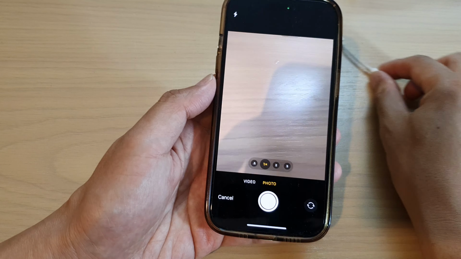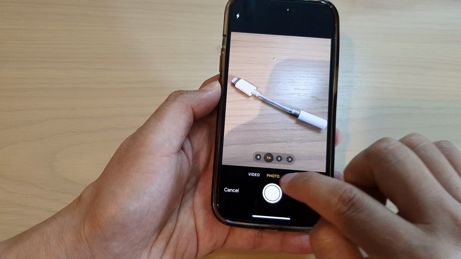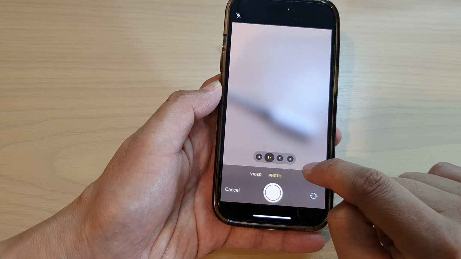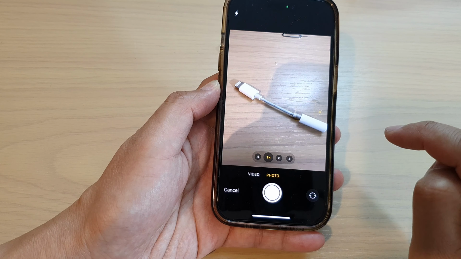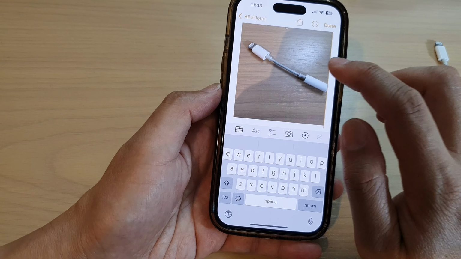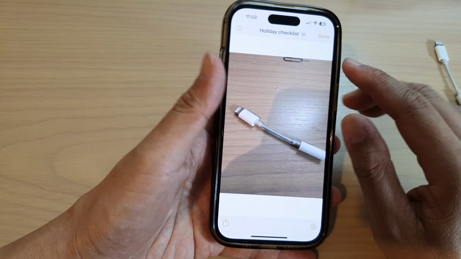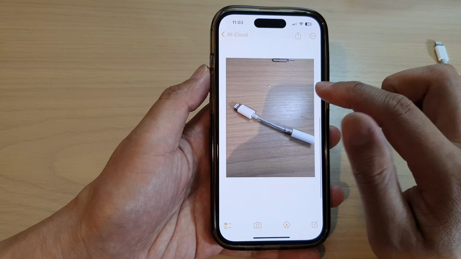and then use your camera, point your camera at a subject, and then tap on shoot so you can capture a video or a photo, and then tap on the shutter button to capture, and then tap on use photo, and that's it. Now, there are some limitations with this method, is that you cannot edit the picture before inserting